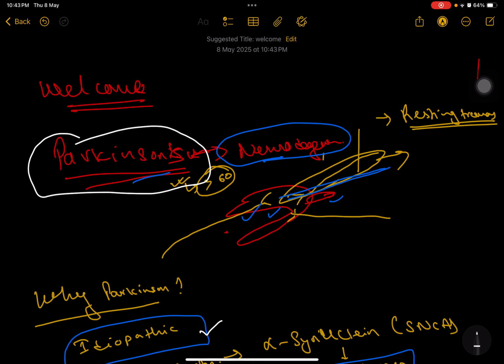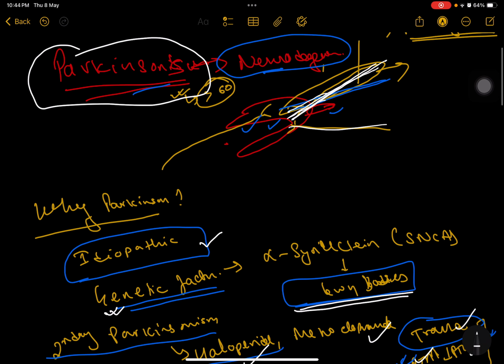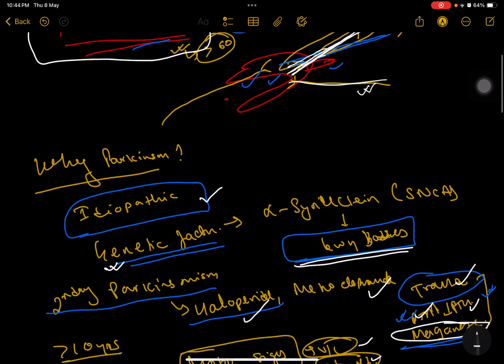Parkinsonism is a disease of old age, more than 60 years. Basically there are dopaminergic neurons over here like this. These dopaminergic neurons will get degenerated. When these dopaminergic neurons get degenerated, what happens is there is basically